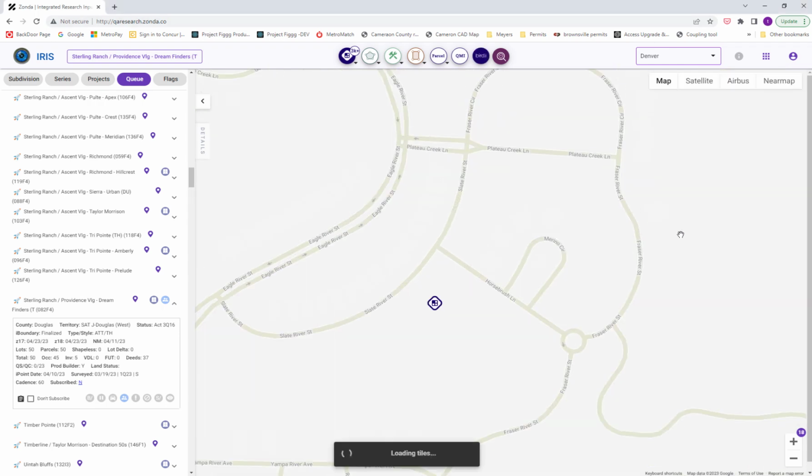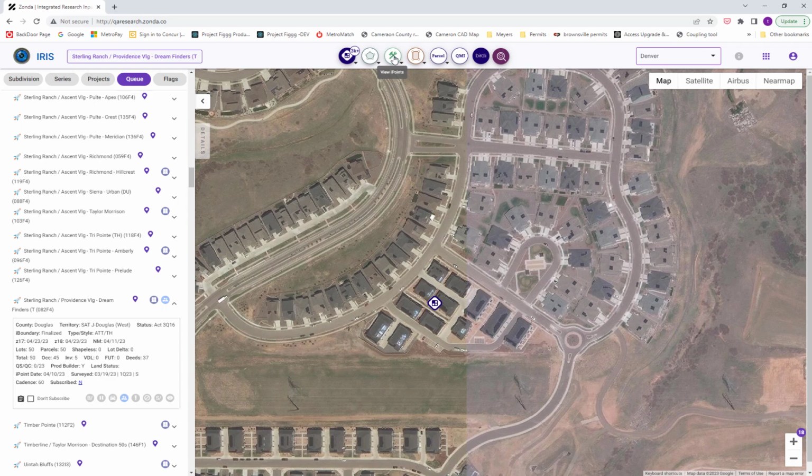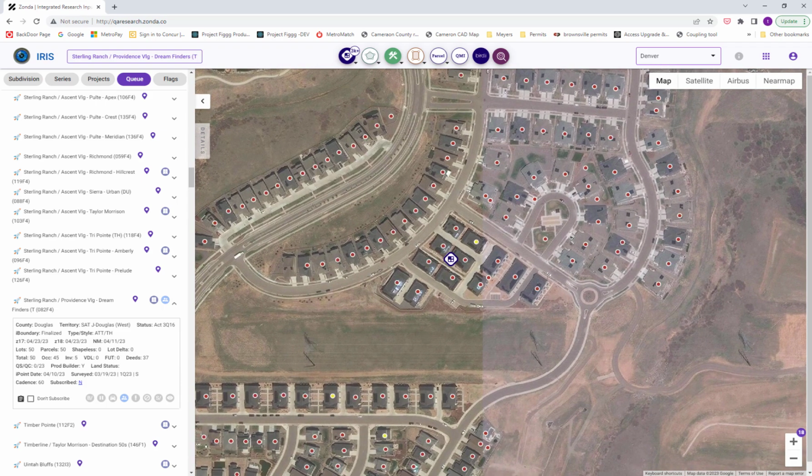We'll turn on the imagery and load the iPoints to see what we're working with here. Normally we wouldn't actually do this for every subdivision, but just to illustrate all of the data points that are involved in processing an update. Okay, I think everything looks good here, so I'm ready to start my update or launch the update from the